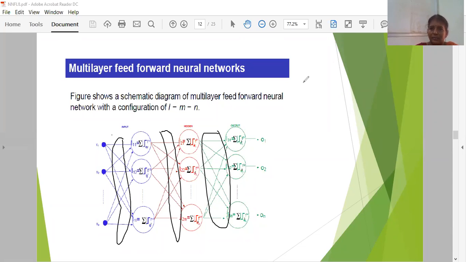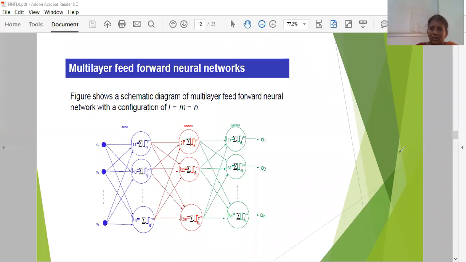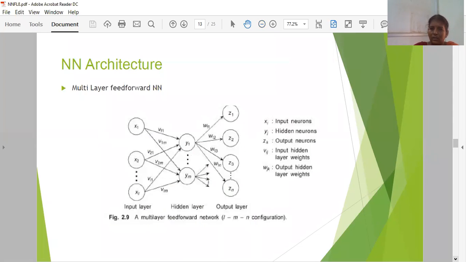So next, in this multi-layer feed forward network, usually we go for different learning algorithms. You need to train your neural network. The hidden layer is to be trained under certain rules. Okay, those learning methodologies we'll be learning in our coming classes.